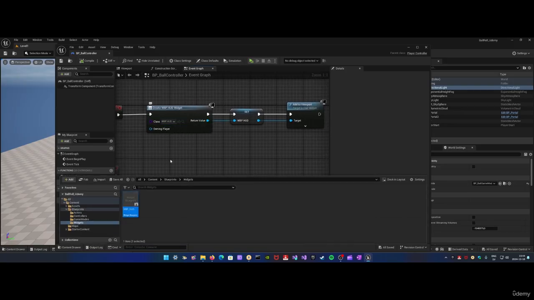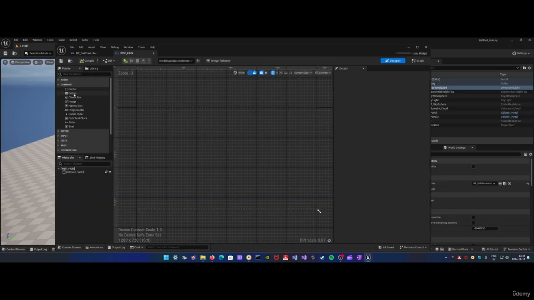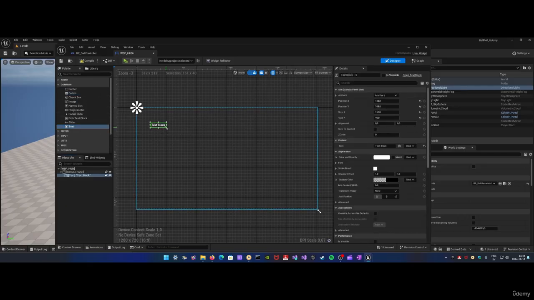If you click on browse here and open up your HUD widget, let's just add something here. I want to see if there is anything at all located on the HUD. Let's say you want to add a text block here, and you want to call it retries,